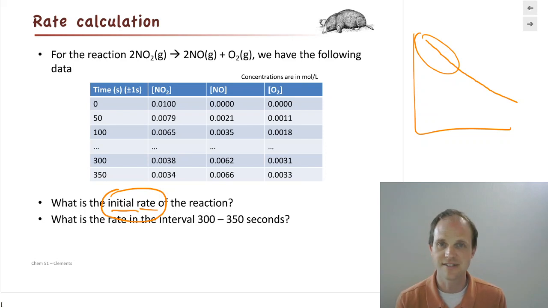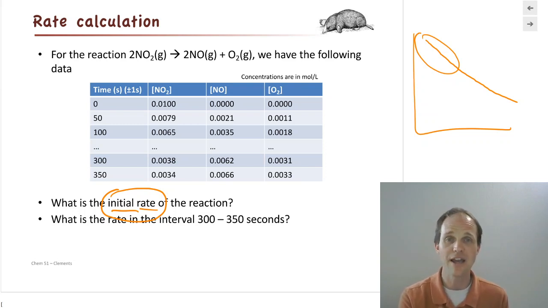So here's the fun part that comes into being a scientist. You have to decide what's appropriate for this initial rate. And someone next to you might decide something slightly different and get a slightly different answer than you. Are you both right? Well, you might be. If you have a reasonable justification for why you chose that, then you might both be right, even though you have different answers. It's fantastic. Science is not cut and dry, right? There's always some judgment involved. And as long as you're clear about the judgments you make and why you made them, that's good science, right?